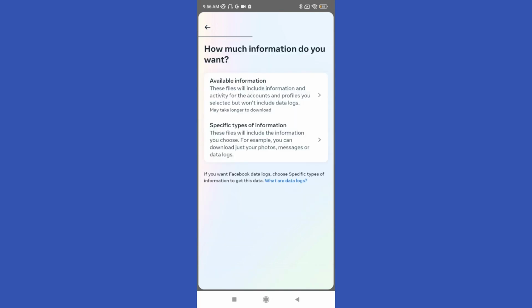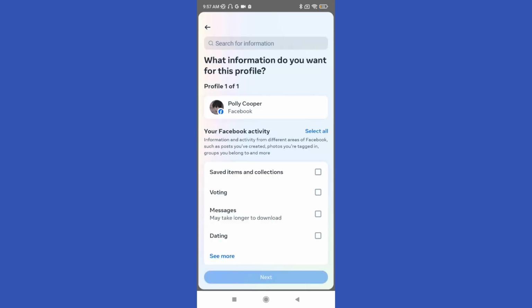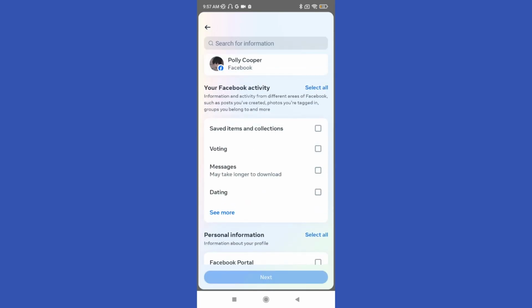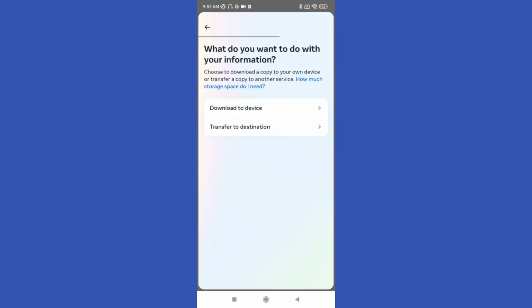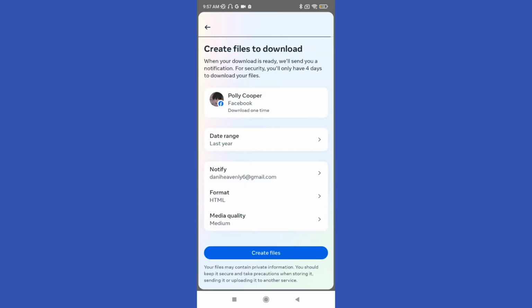Just click next, and then you can select available information or specific types of information. In this case I want the specific types because I only want the messages. So just click there, scroll down and select messages. Click next and you can transfer to a destination or download to device. Just click on download to device